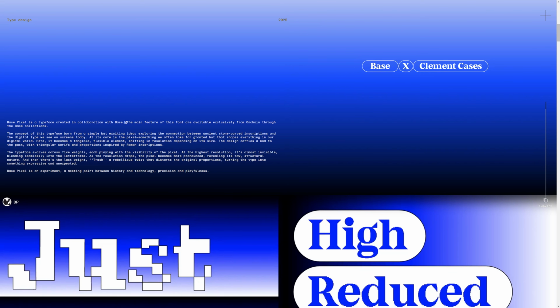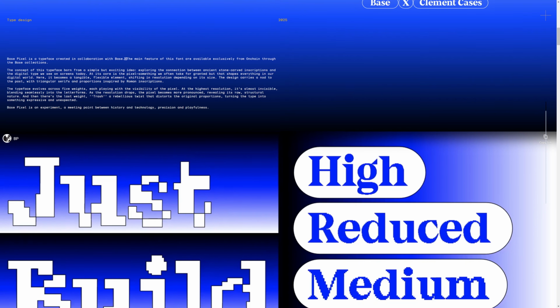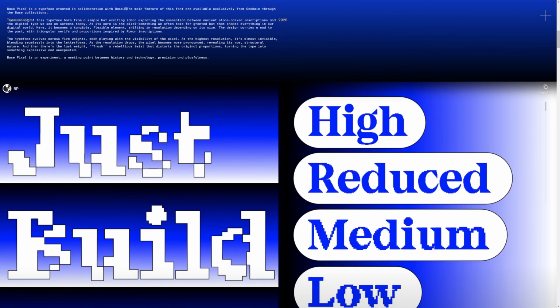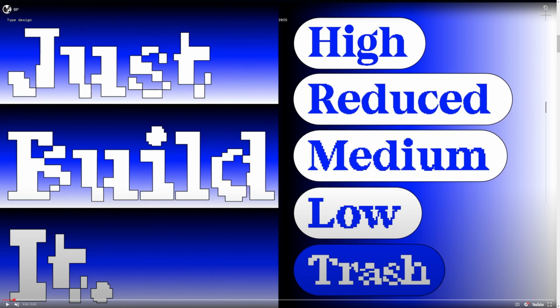One of the options to change the font, rather than changing the weight, is to change how much it degrades itself. There's a little bit of a description here, but I think we're most interested in looking at what the font's going to look like. So you've got high, reduced, medium, low, and trash. And these are the 5 weights that they've really designed well, or I guess you could say intentionally designed. The variable nature of it does flow between the 5, and you can see that they clearly degrade from high